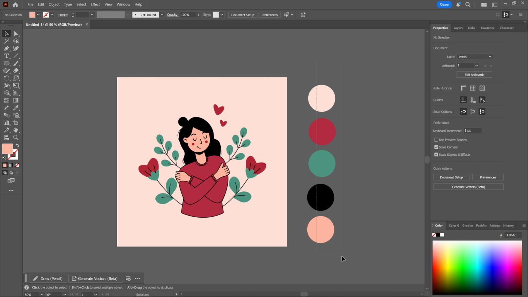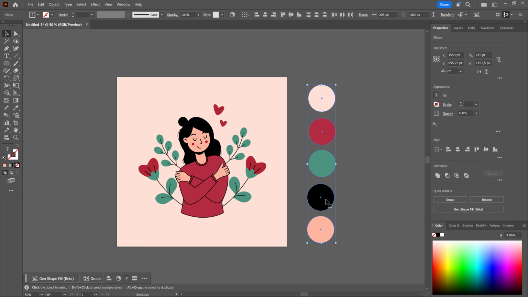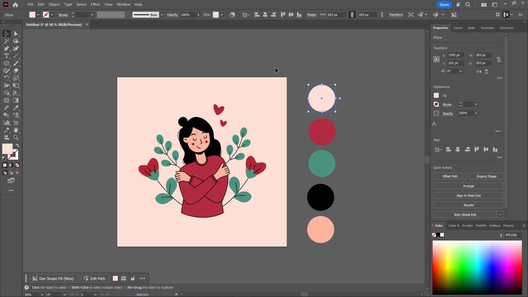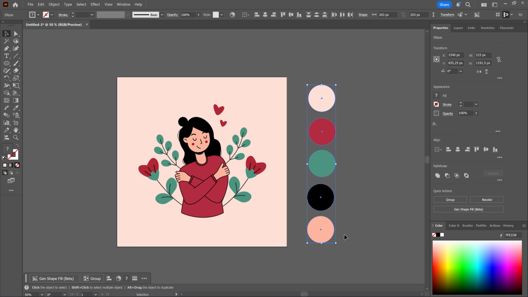So first I'm going to select these colors, the color palette I created. And if you need to create a color palette from an image you're using, you can make shapes, and the shapes you can fill by using your eyedropper tool, and then you just select the color from the image you want to use. And when you have your color palette ready, select all your shapes here with the colors you